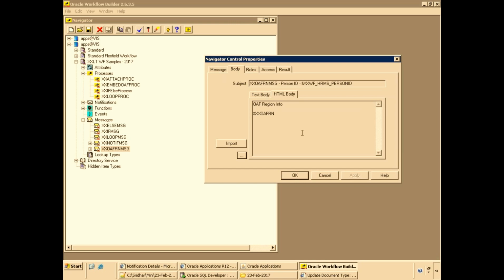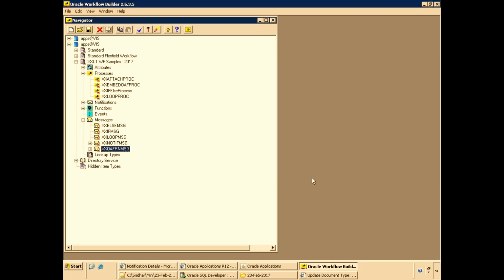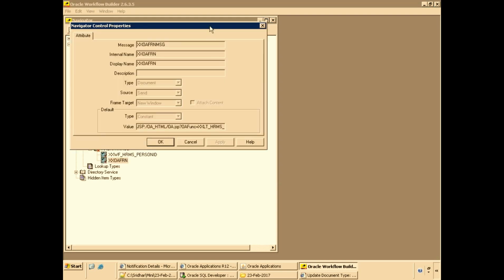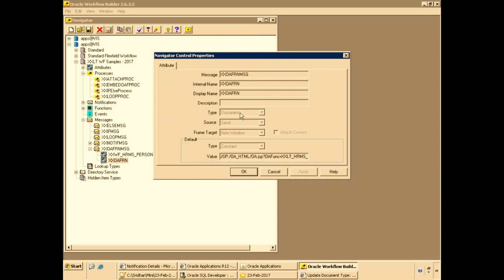Can you see? You have something called XXOAF region, and that is again a document attribute. Double click on this one. Now, do you see the content? The type of this attribute is document, and you have some content at this level, the value.